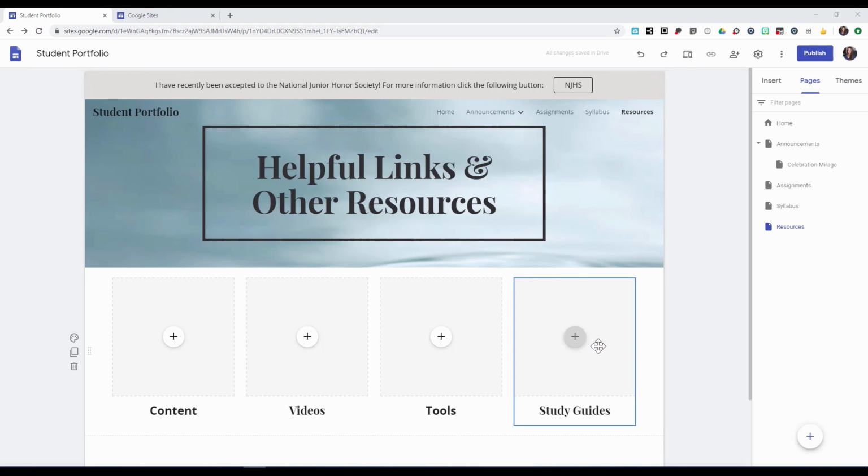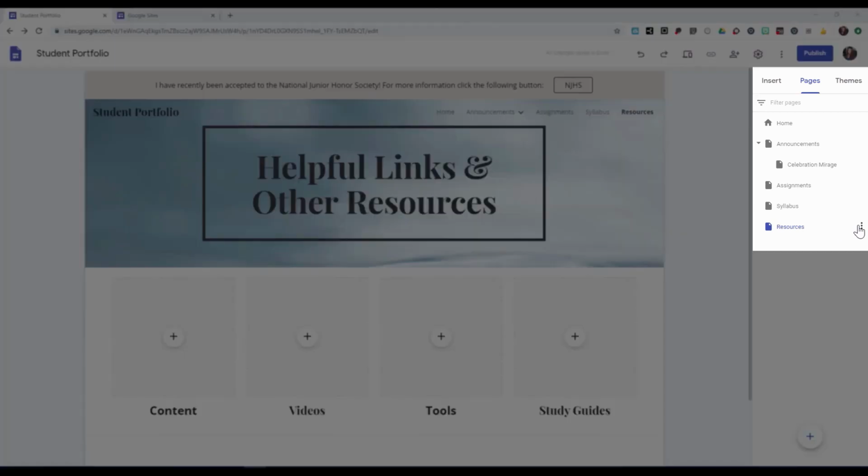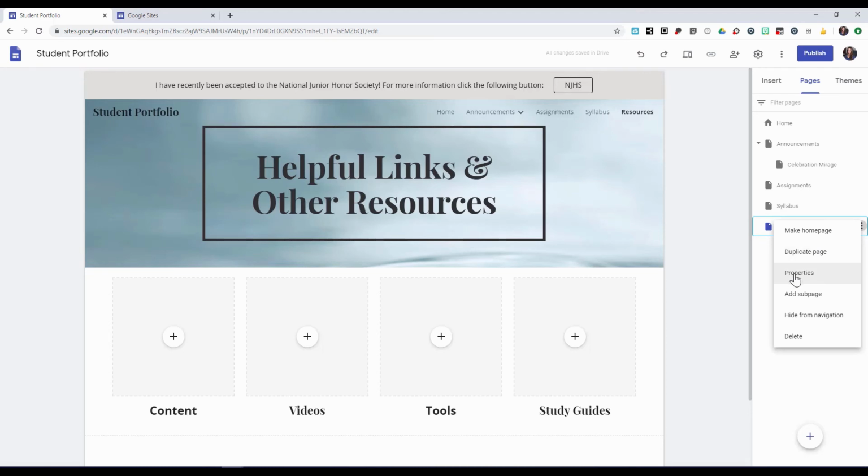Before publishing your site, you can create custom paths to each of your pages. For example, by hovering over the right-hand side and clicking on the 3 little dots for each page, and then selecting properties,